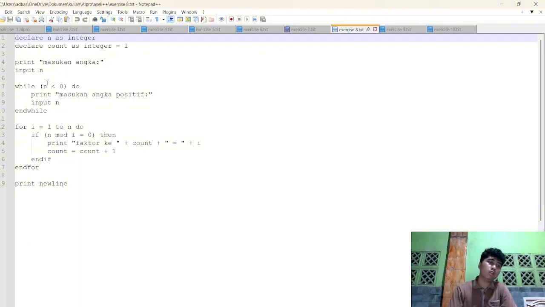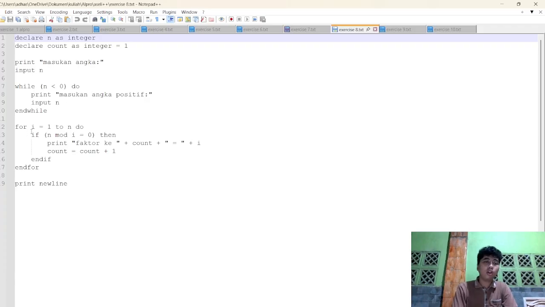Here we input n again, so the user can input another integer until the user inputs a positive integer. If not, the program will ask for the integer again and again. Because this is a loop, the user will only input a positive integer. If not, it will loop endlessly.